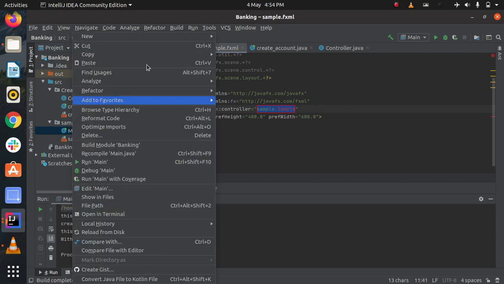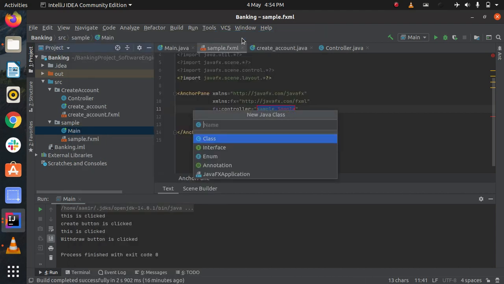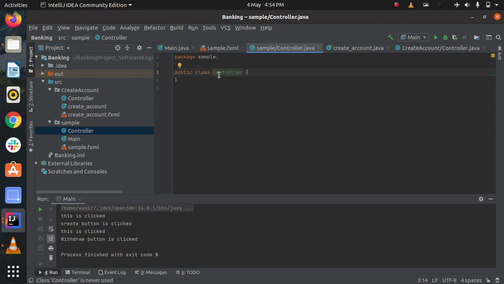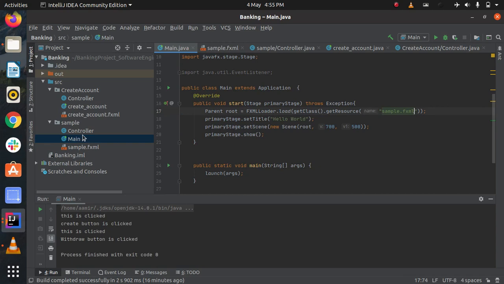So now we will create a controller Java class, and the name for this class will be controller. In this sample.fxml file we will add sample.controller. Now this is the path for the controller class. Now everything is ready. Now controller is ready and main is ready.